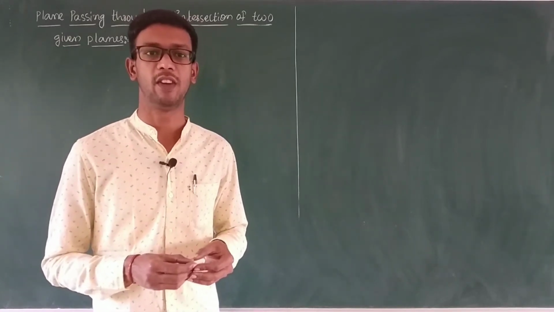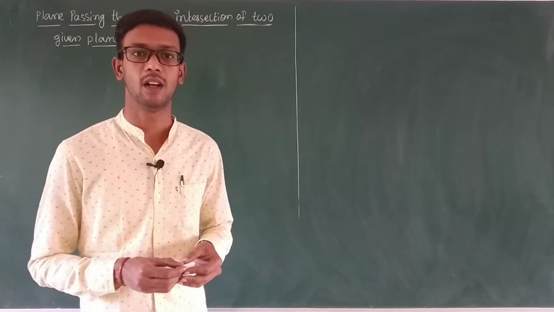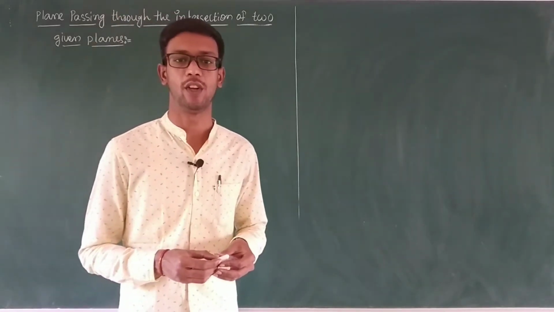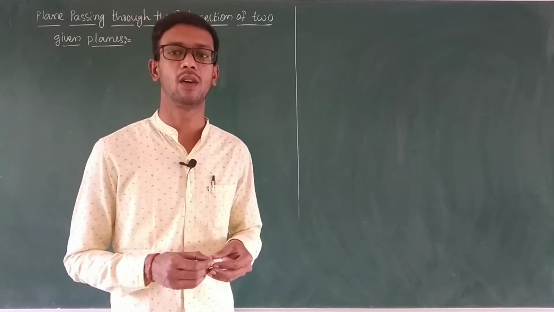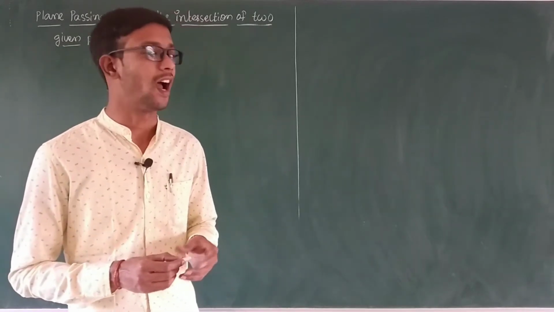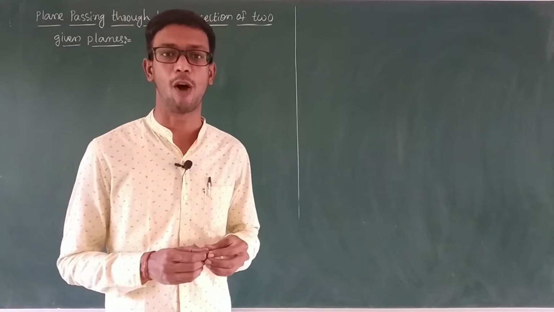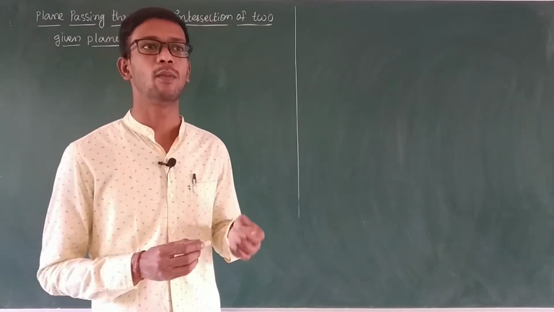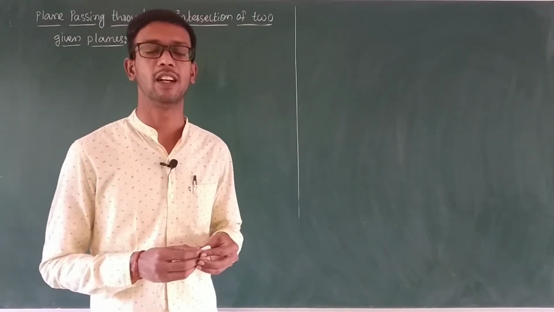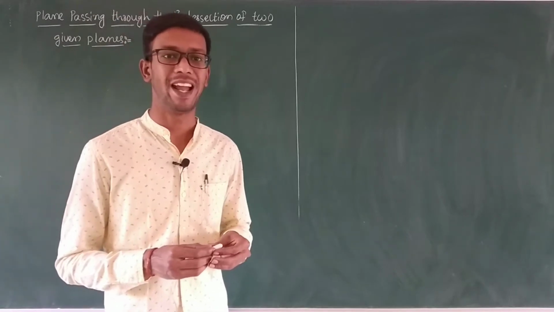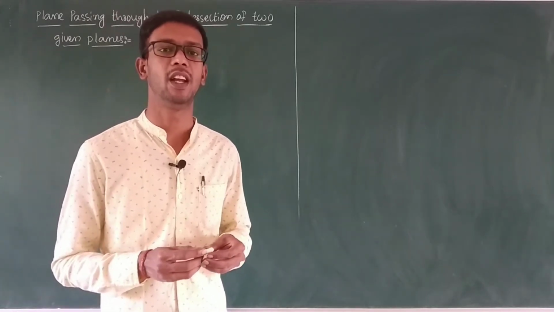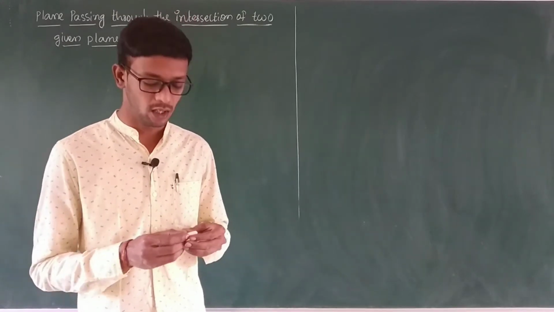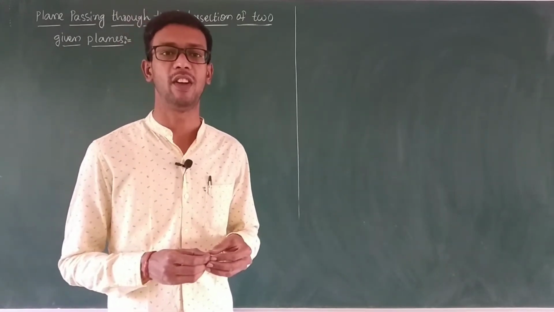In the previous class, we discussed the plane equation passing through a given point and perpendicular to a given vector. Based on that, we discussed problems, and one more type, the intercept form of a plane equation, that is x by a plus y by b plus z by c equal to 1. So these concepts we discussed in the previous class.